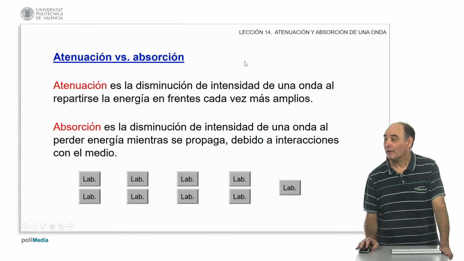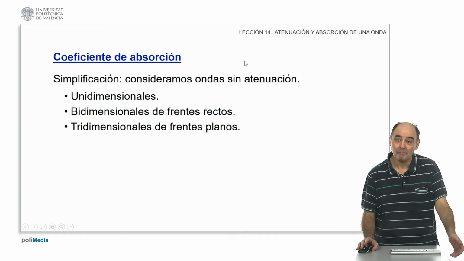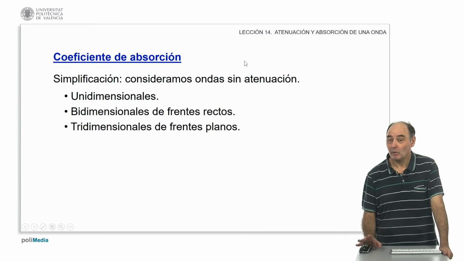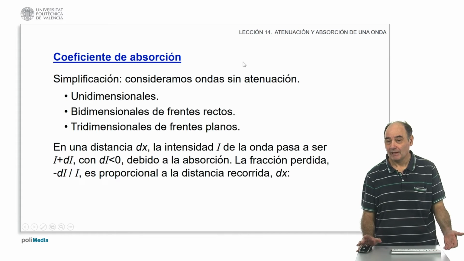How can we mathematically characterize absorption and attenuation? We were talking when we looked at formulas like I equals P divided by 4πr squared. Well, since the case where we have both phenomena, attenuation and absorption, at the same time is much more complex, let's assume that there is no attenuation, that is, that the fronts always measure the same. Therefore, they are one-dimensional waves, or two-dimensional waves of straight fronts, or three-dimensional waves of flat fronts. In that case, what happens? That the only reason for the decrease of the intensity is absorption, and it happens in the following way experimentally,